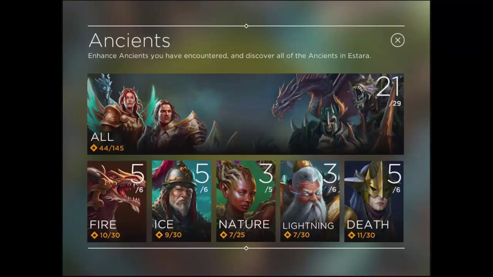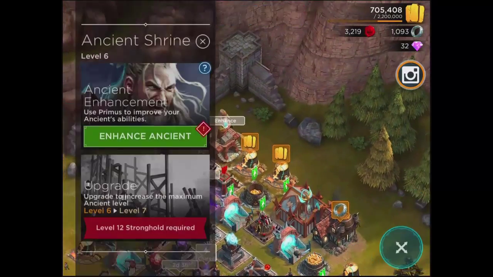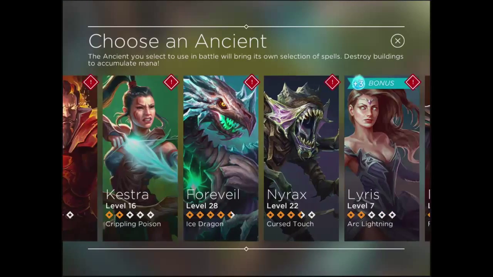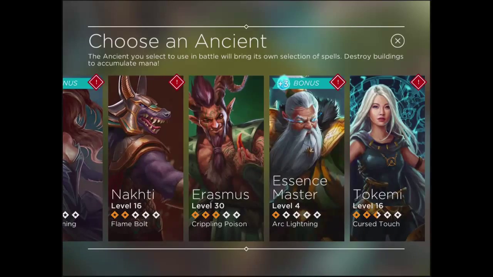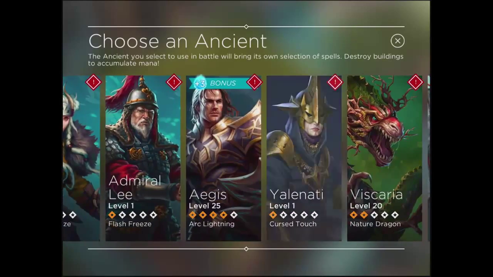If I look at my ancients, some of these guys, I don't like looking at it this way. I'll look at it the other way. I like looking at it this way. I don't know why. Creature of habit. Some of these guys, you can see I don't have them leveled up real high. So if you go in there and you try and, let's say you tried to go in there and attack somebody with a,